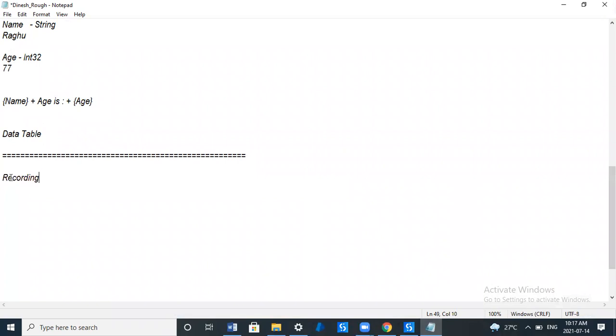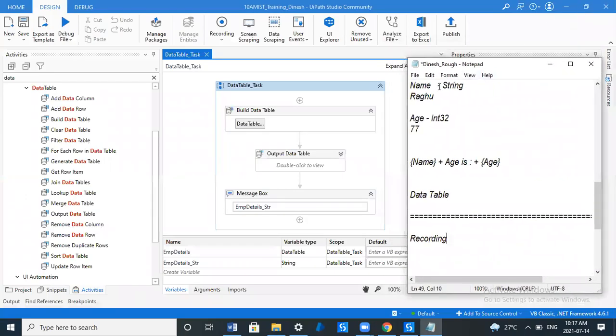Recording in the sense that is what I mean. We are just getting that particular item into our UiPath control. For example, I want to automate Notepad. I want to type something into the body of the Notepad. When I record this body of the Notepad with UiPath, then only this whole body will come into my UiPath control. Whenever this body is under my UiPath control, UiPath can perform any activity on top of it. It can write, click, double click, anything. So to get this whole area into my control, we have to record that. With the help of the recording option, we can perform that.